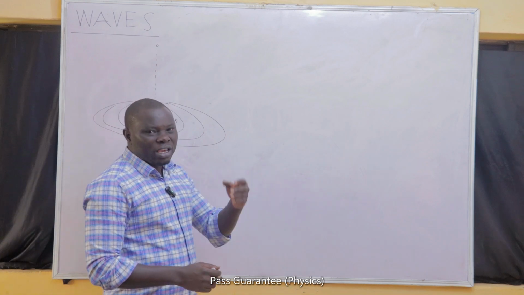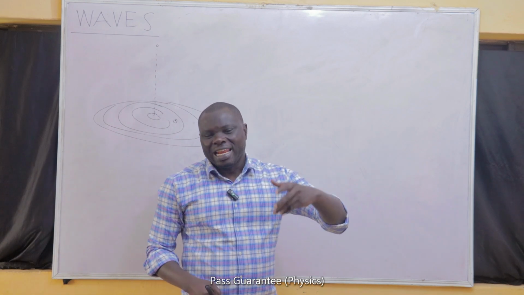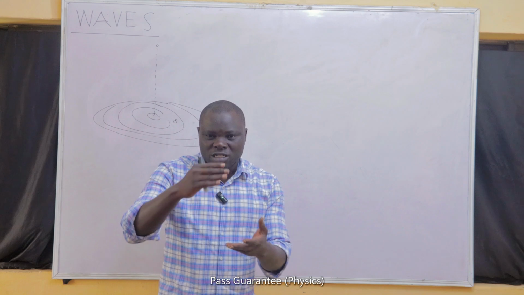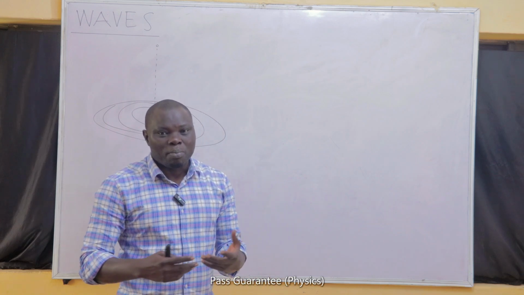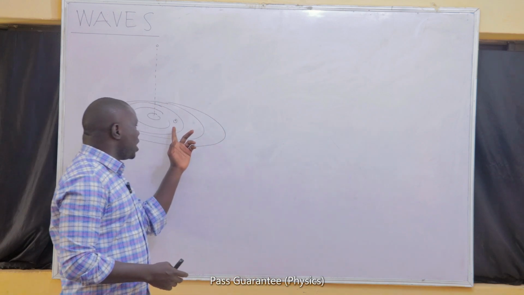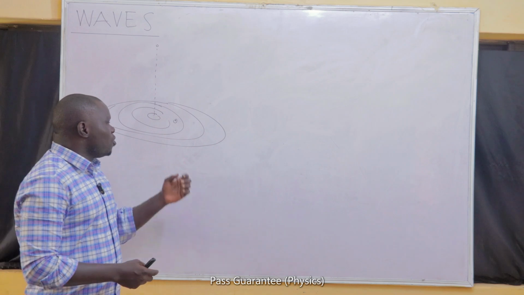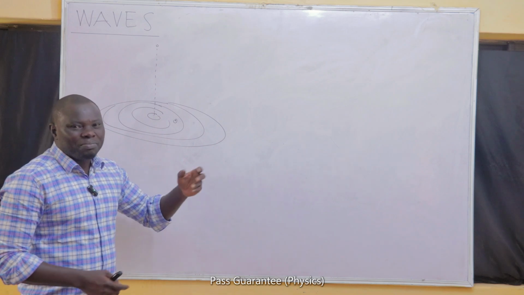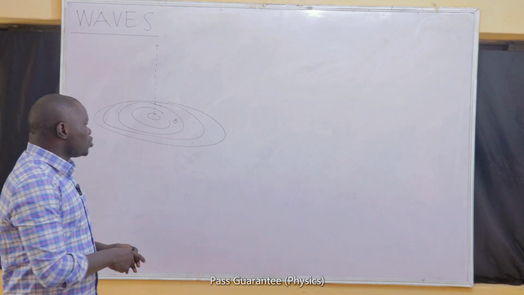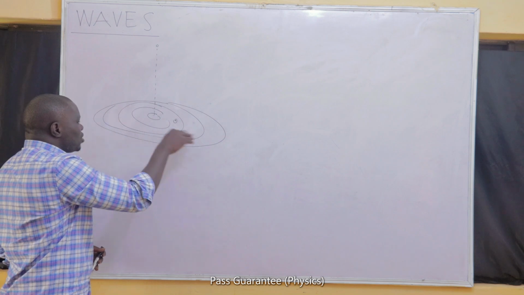That means the wave has not caused any permanent displacement. It has displaced the sheet of paper, but that displacement is not permanent. It left the sheet of paper where it exactly met it. So a wave does not cause any permanent displacement of the medium. And that is true for every other point on this wave.